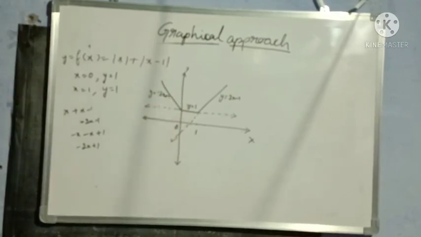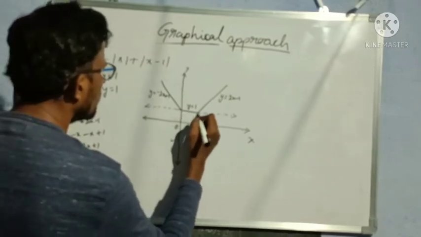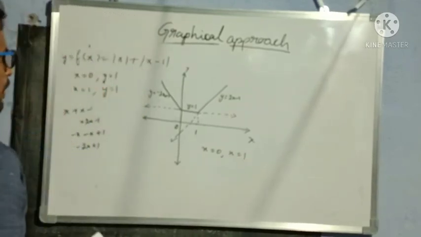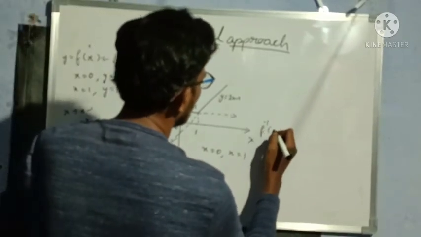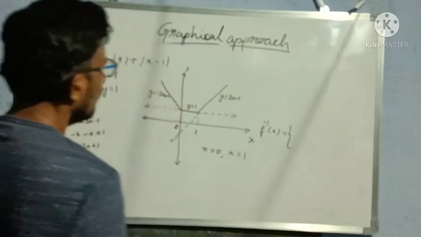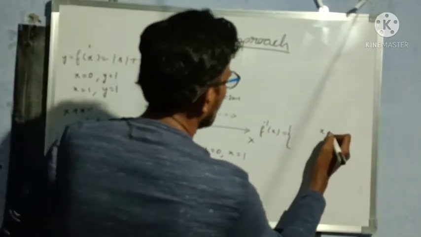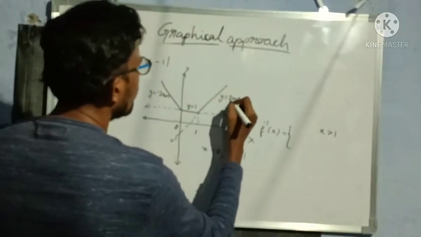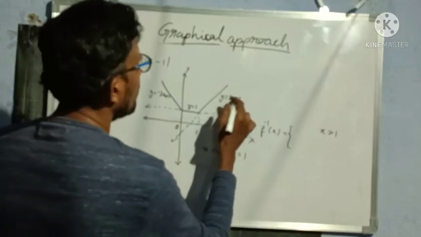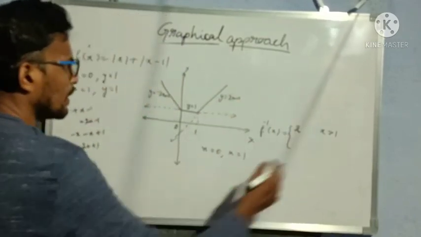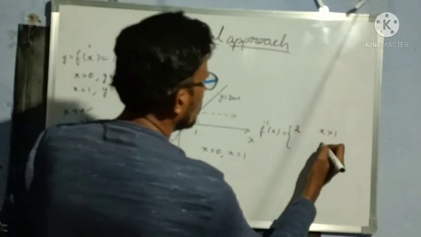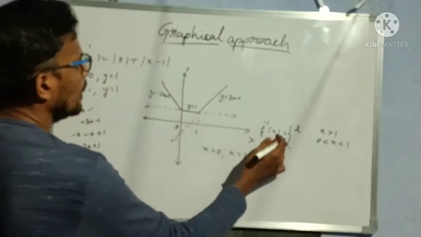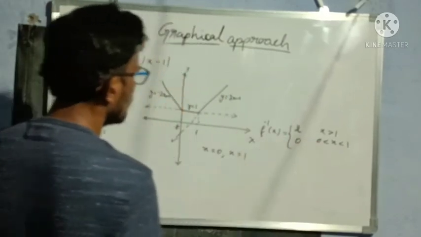Okay. So this graph is also not differentiable at how many points? 2 points. So at x is equal to 0 and x is equal to 1. Okay. Now let us see f dash x. f dash x when x greater than 1. When x greater than 1, for this part y is equal to 2x minus 1. So if I differentiate d by dx of 2x is 2. So when x greater than 1, f dash x value is 2. When 0 less than x less than 1, in this interval y is equal to 1. So constant, that is 0.